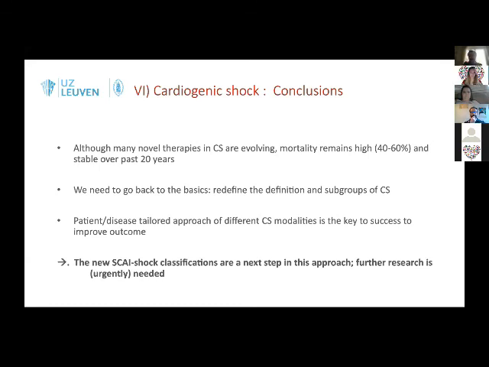in this approach. Further research is urgently needed, and I think we should all be very keen to be a